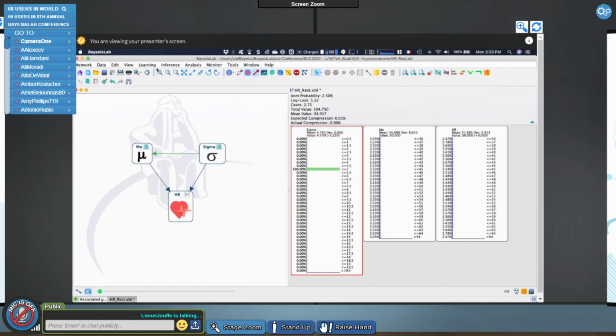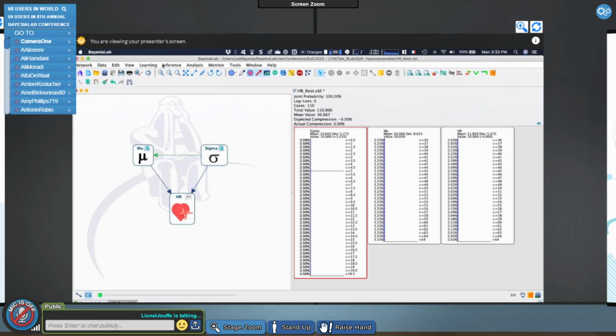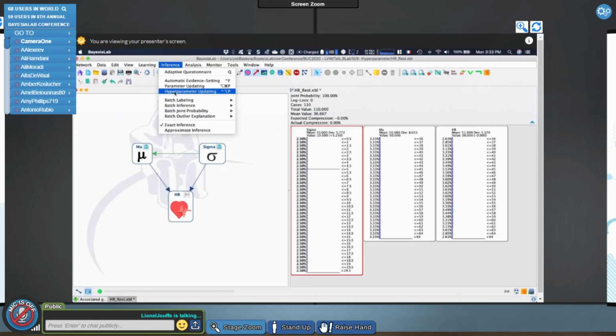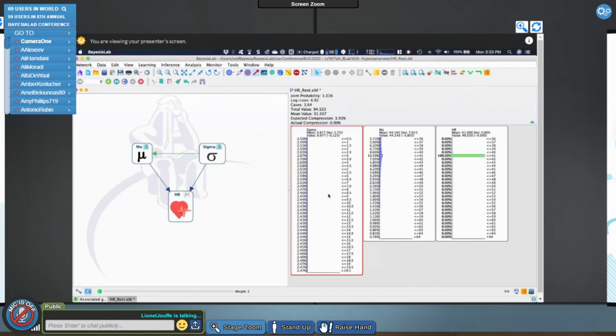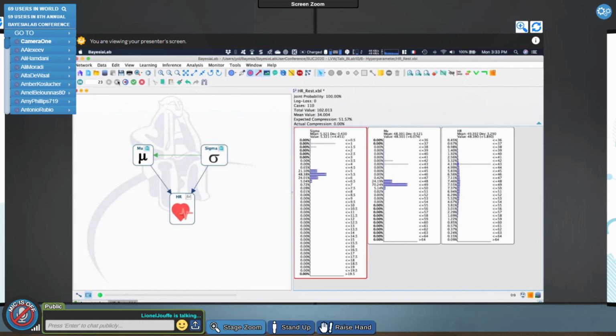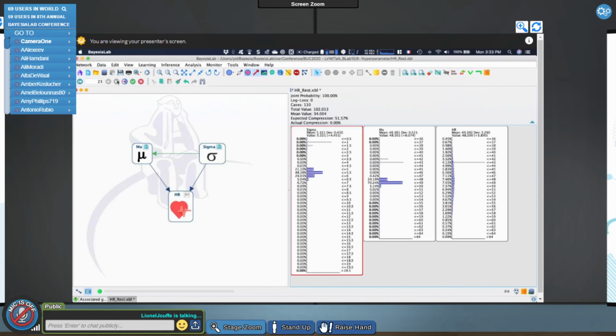I can do the same thing and go to automate hyperparameter updating, choose evidence scenario file, and then do the same. The weights are changing here too. And then I can go to the end. Right, so these are ways to take into account weight in a dataset and also in an evidence scenario file.